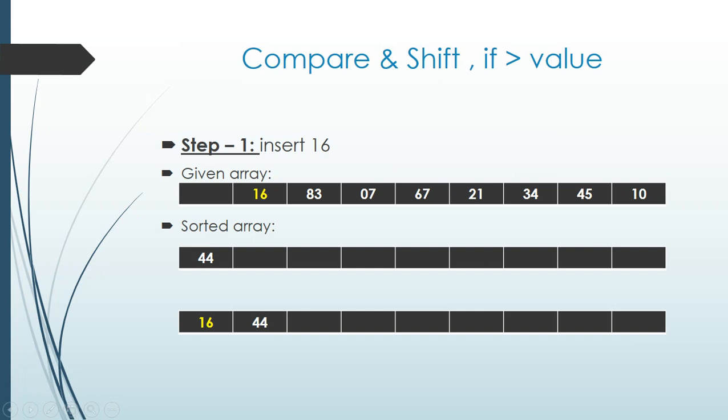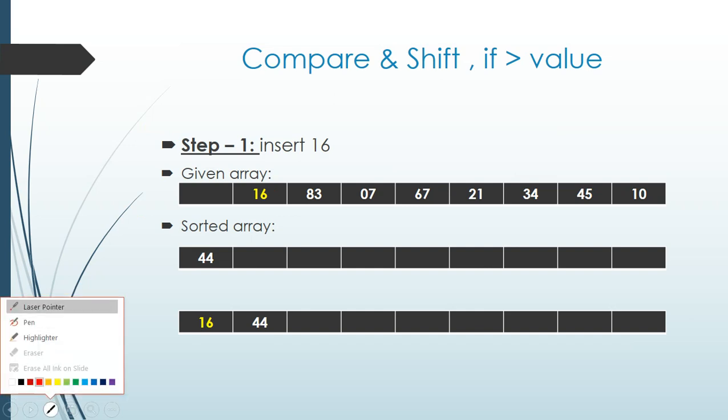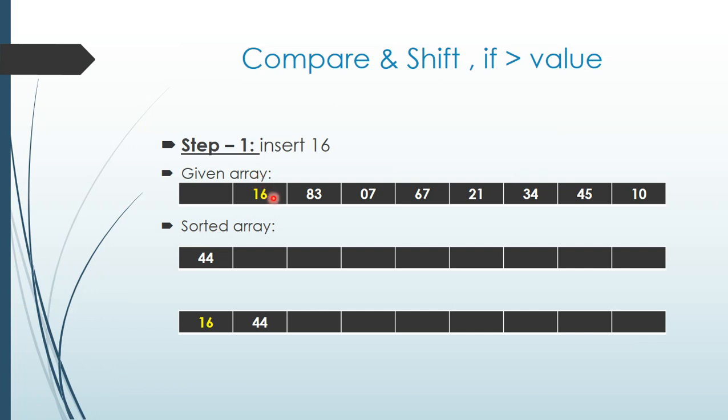So what I have to do is shift all the elements and insert this 16 in a particular place. எனக்கு எங்க நான் place பண்ணணுமோ அங்க நான் கரெக்ட்டா place பண்ணனும். So 16 I have placed in the correct place. So the greater element, I just shifted 44, நான் shift பண்ணிட்டு 16 correct place ல நான் position பண்ணிருக்கேன்.